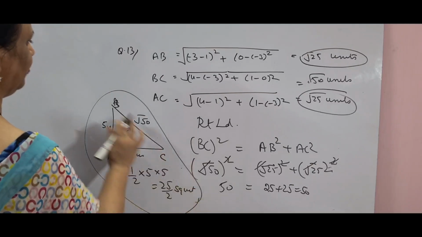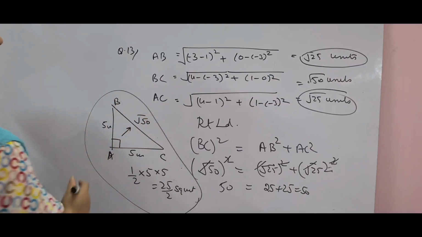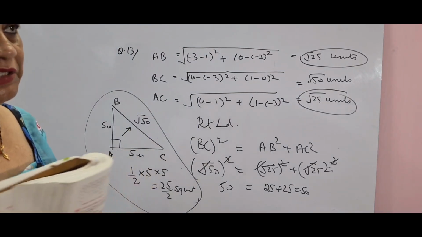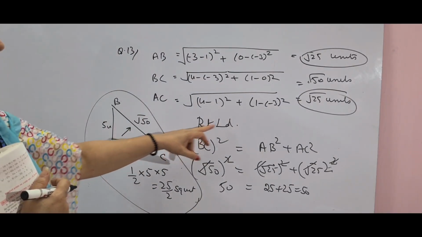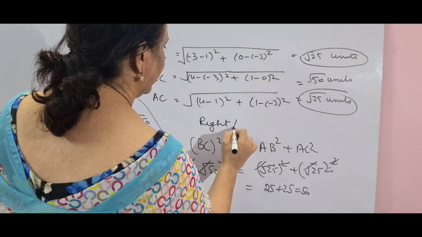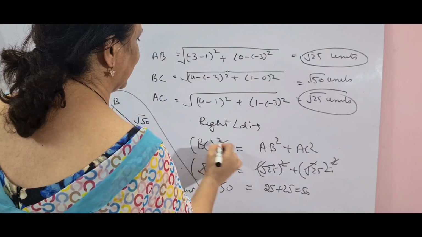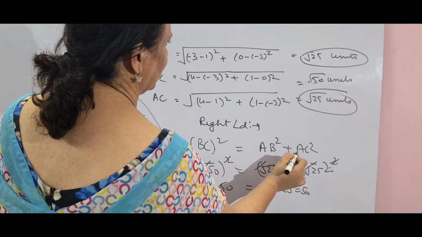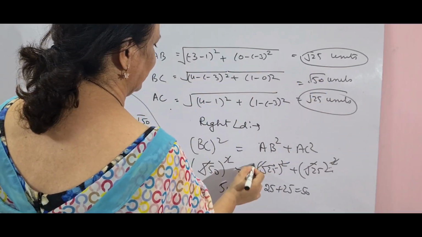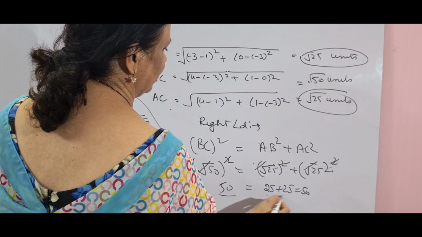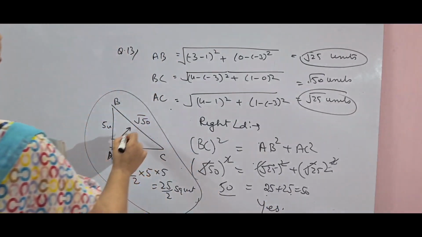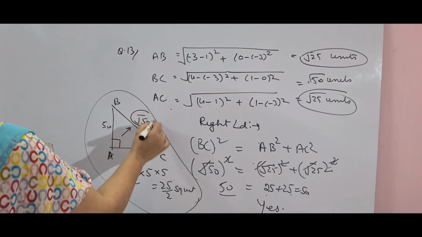One of the very, very important sums of the paper. So I have explained it again. First of all, you are going to find whether it is isosceles, then you are going to prove that it is right angled. To prove right angled, I will do: square of the largest side should be equal to the sum of the squares of the other two sides, which I'll get from AB, BC and AC. I substituted the values. My largest side was equal to the sum of the other two. Yes, it is a right angle triangle. So at last, you know, the largest side is always the hypotenuse in a right angle triangle.